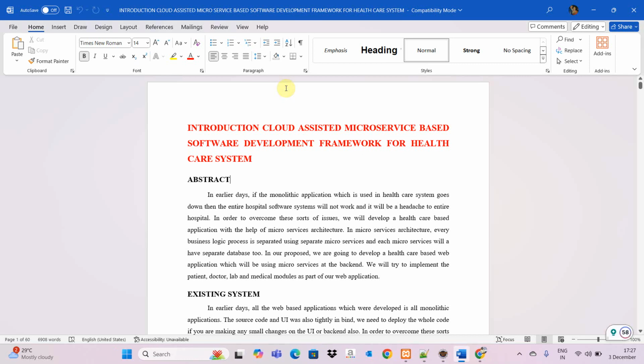Today we are going to see a demo introducing a cloud-assisted microservices-based software development framework for healthcare systems. How are microservices involved in healthcare, and how are we going to utilize them? In a healthcare system we have patients, hospitals, and doctors. These are interconnected with the help of microservices, and these microservices can be established as services,